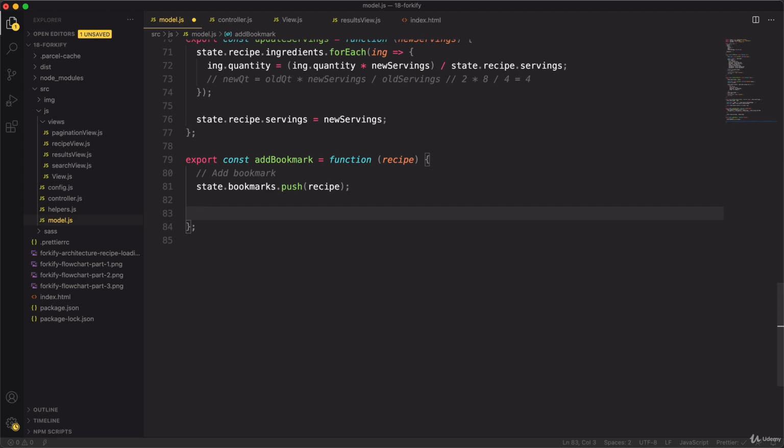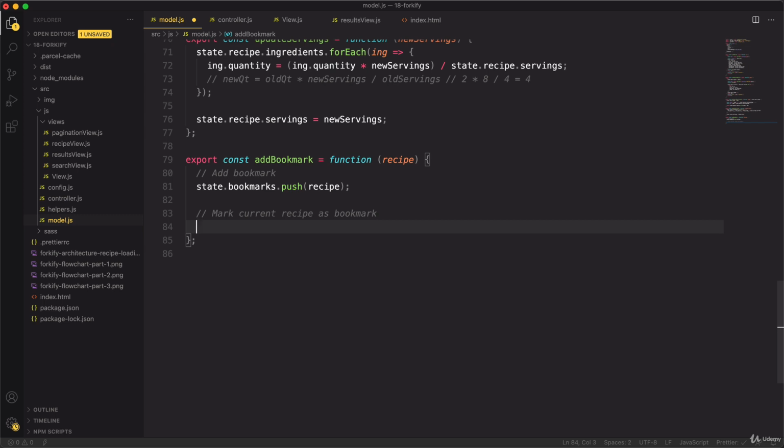So at least if the current recipe is the same recipe as this one that we are adding here. So mark current recipe as bookmark, because this will then allow us to actually display this current recipe as bookmarked